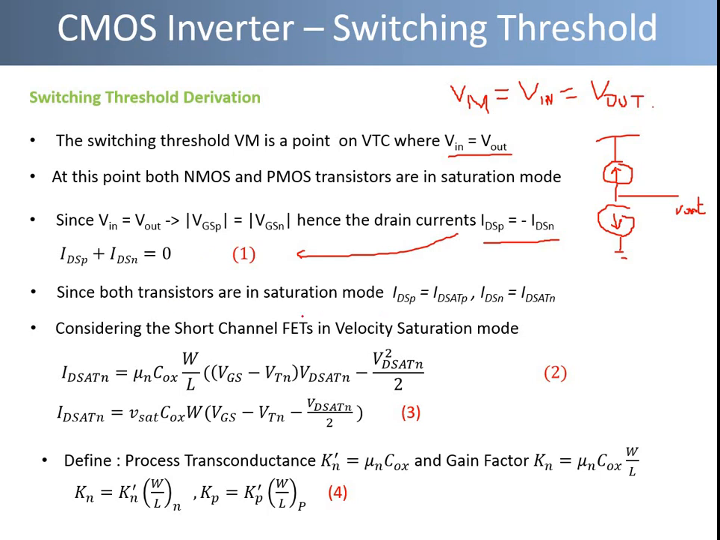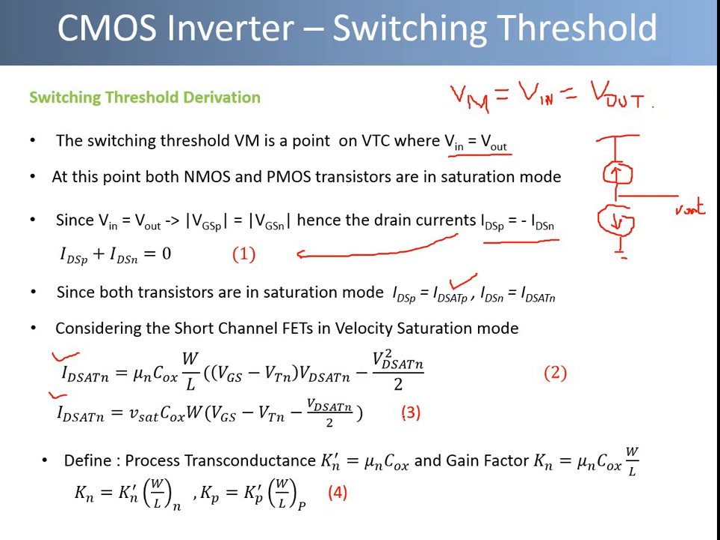Since both transistors are in saturation mode, and we know that in saturation mode the current reaches a certain maximum value, and this is represented by the ID sat, it is called the saturation current value. So we can replace IDSP and IDSN by ID sat P and ID sat N respectively. Moreover, we assume that both transistors are short channel devices, therefore the saturation occurs due to velocity saturation, and in a velocity saturated short channel device the value of saturation drain current is given by